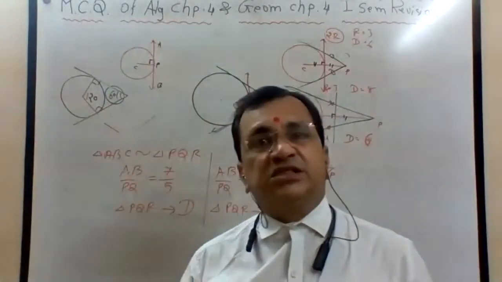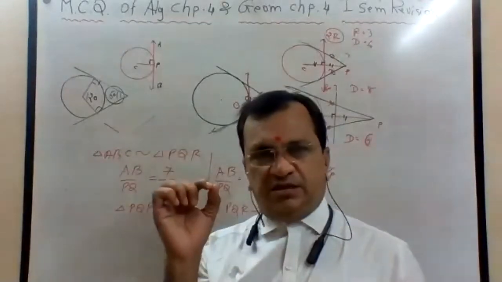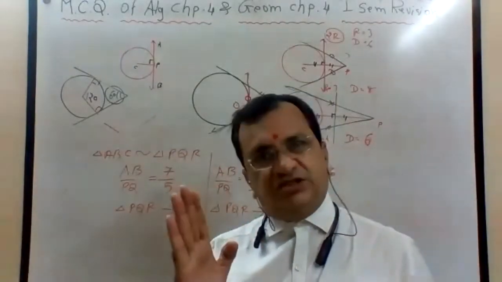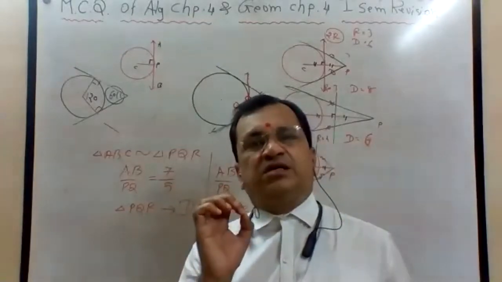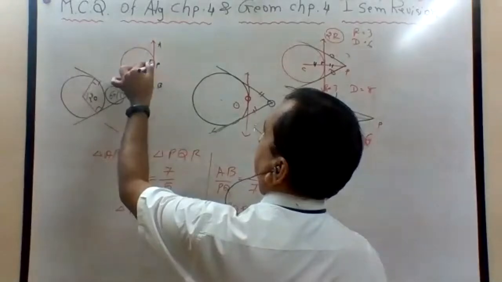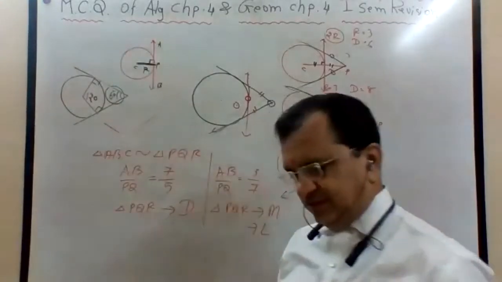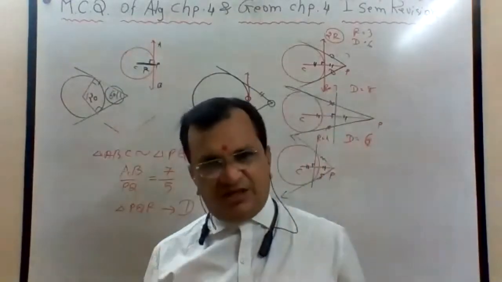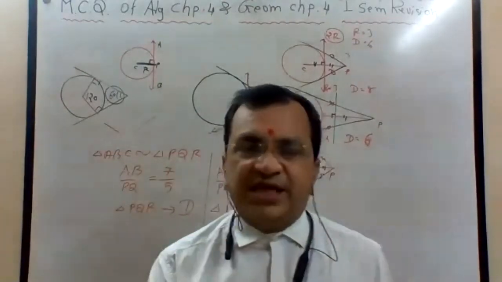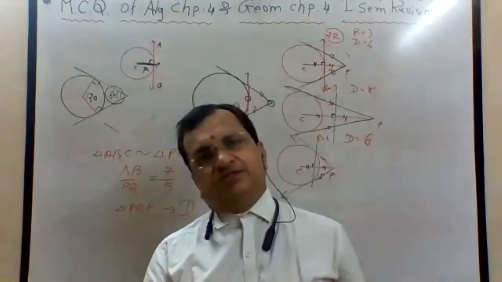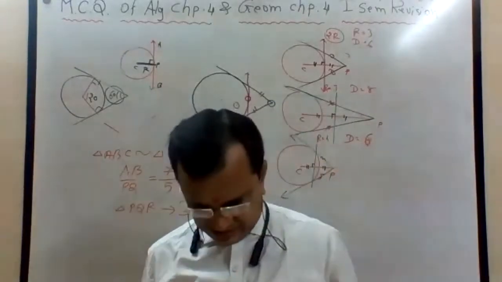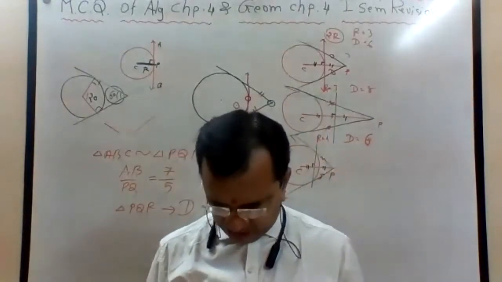Second rule. What is the distance of tangent from the center? Listen to the question. What is the distance of the line of tangent from the center of a circle? Always it is exactly equal to the radius. This much is the distance. So always the tangent is from the center at a distance of the radius. So the distance of the line of tangent from the center is the radius.